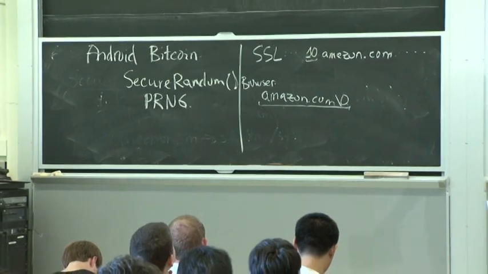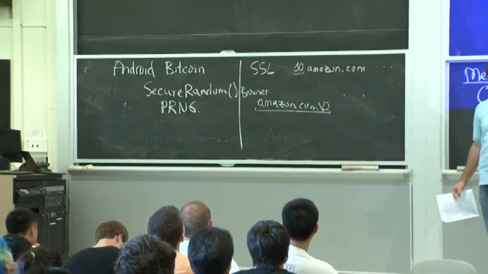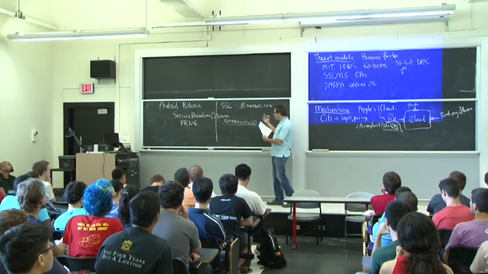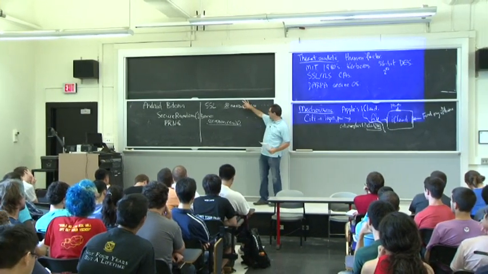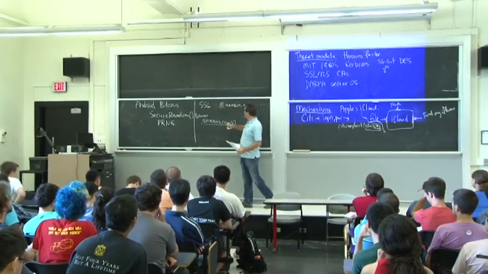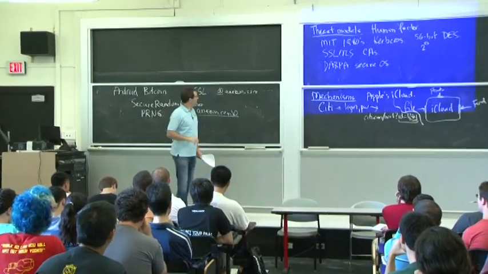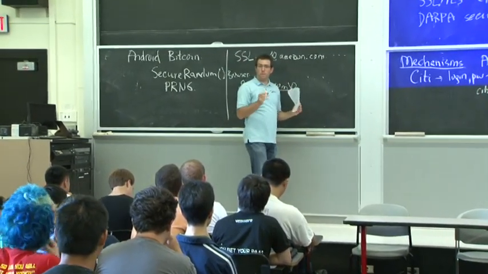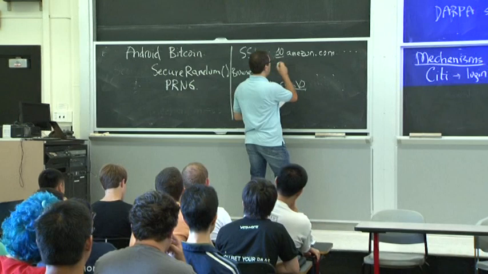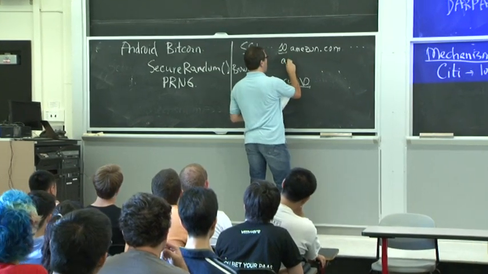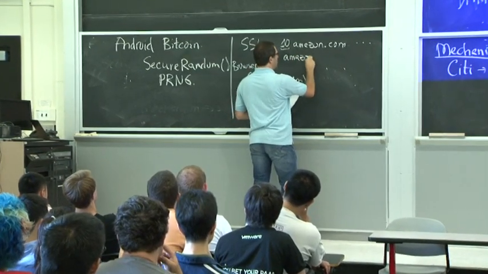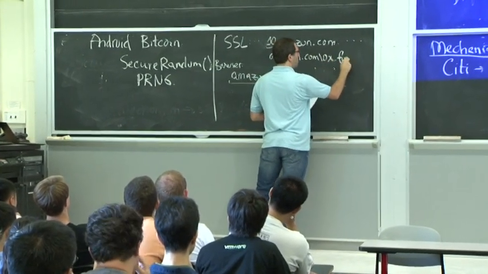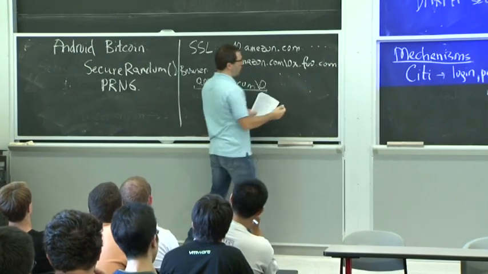OK, so what can go wrong? Any guesses? Yeah? You can have a 0 in the middle of your string? Yeah, so this is great. There's a bit of a discontinuity in how the certificate represents strings and how C represents strings. Suppose that I own the domain foo.com. So I can get certificates for anything.foo.com. What I could do is ask for a certificate for the name Amazon.com\0x.foo.com. That's a perfectly valid string.